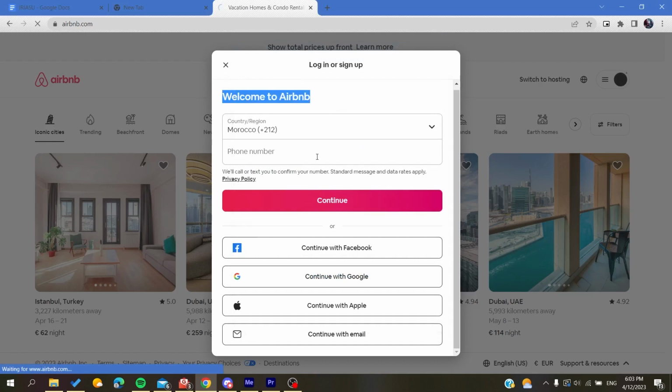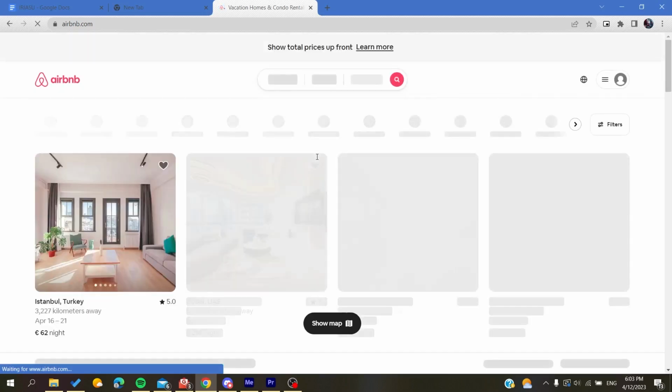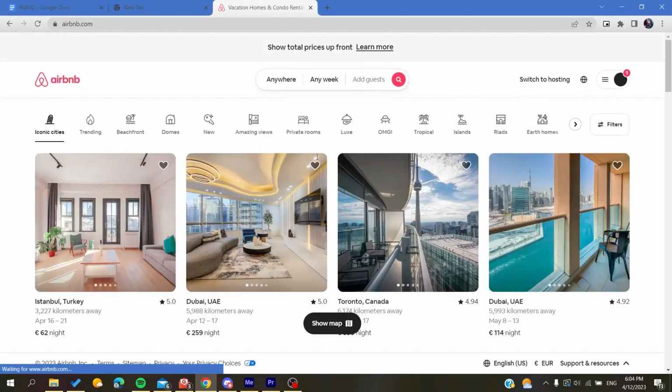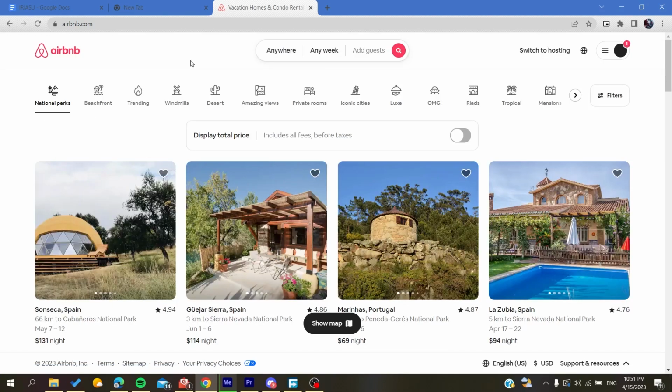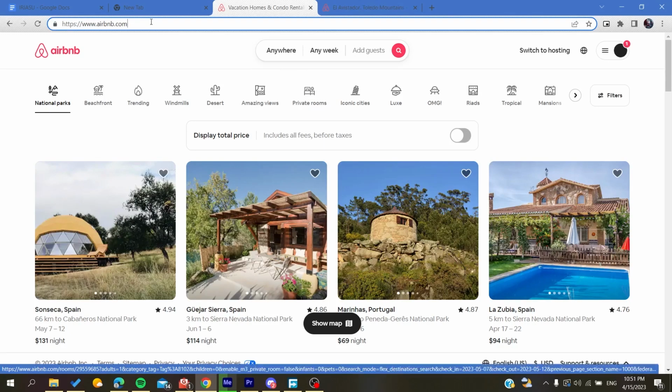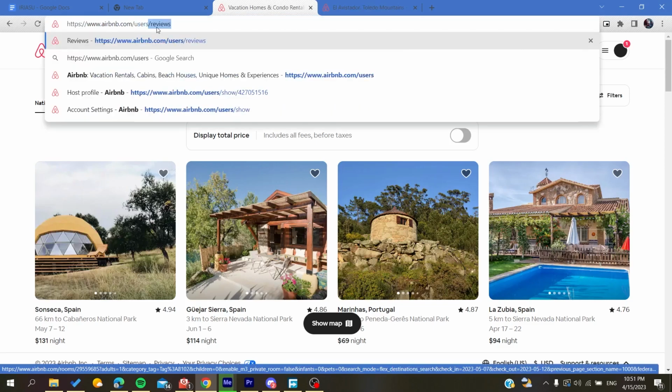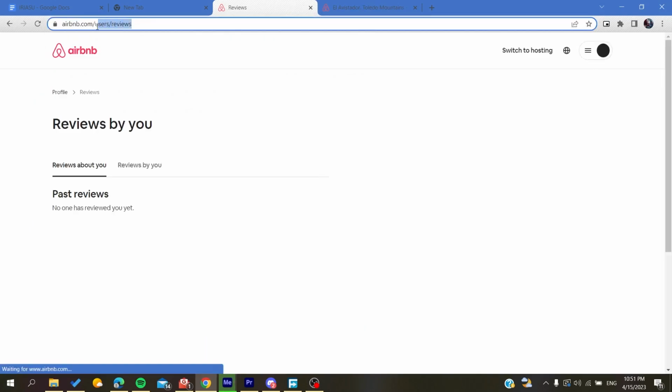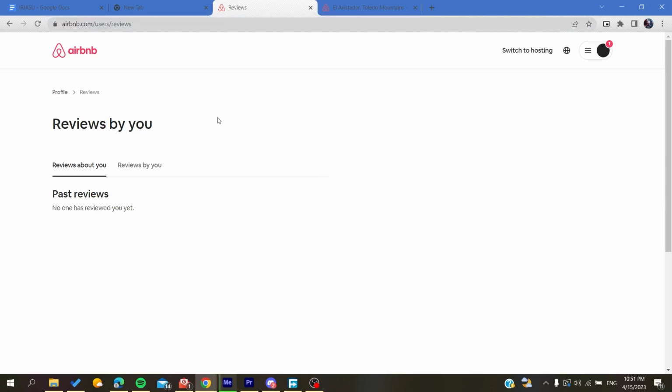So when you create your account, all you need to do is log into your account and then follow these simple steps. After you log into your account, you will find this home page. Then you will need to go to the users page by editing the URL of the website. You will add users, and then you will add reviews. You will need to add these two elements, and it will redirect you to this